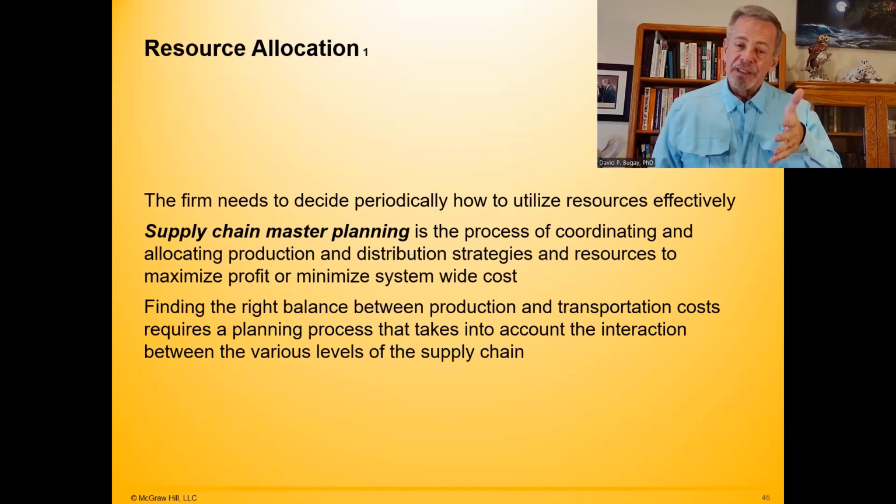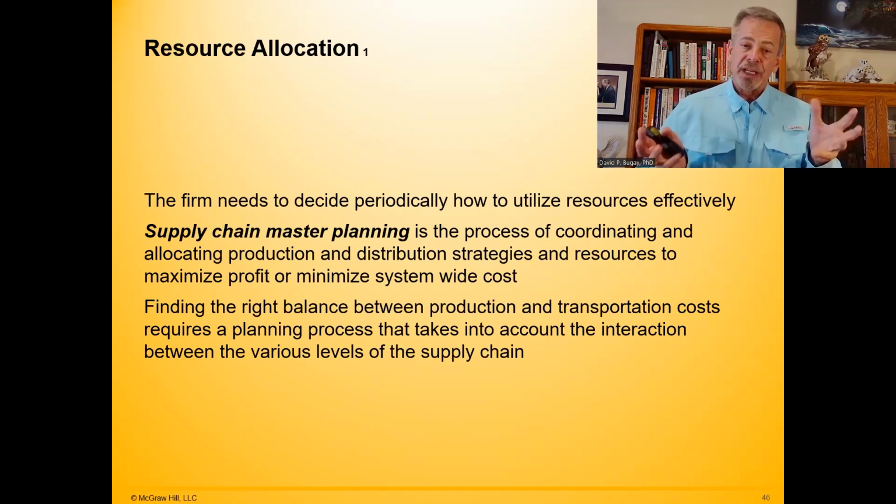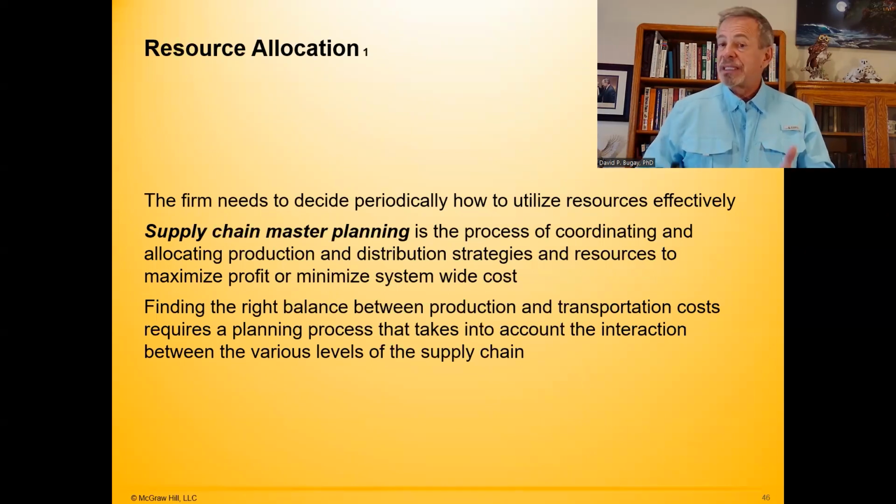So have a supply chain master planning. It's the process of coordinating and allocating production and distribution strategies and resources to maximize profit and minimize system cost. The core of system cost is inventory. You have to pay attention to the level and also how you allocate the products, trying to fill all the niches. And that's part of the job of supply chain management,